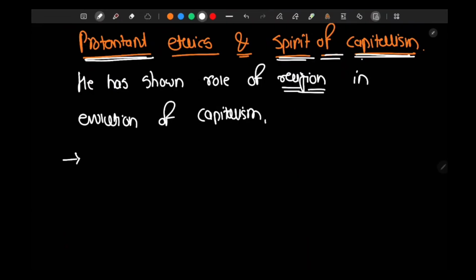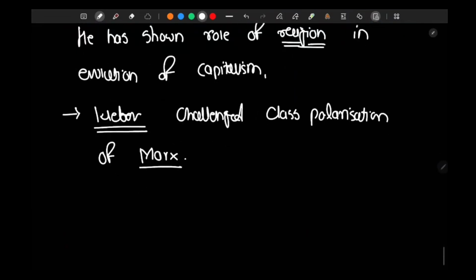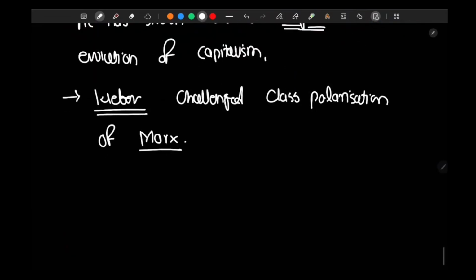What Weber does, Weber challenged class polarization of Karl Marx. What is class polarization? Class polarization basically says that